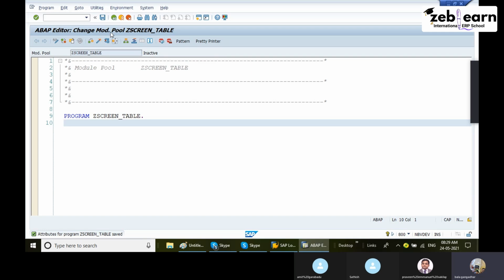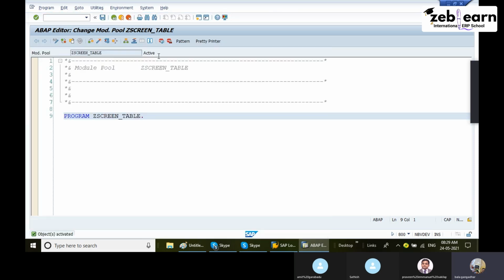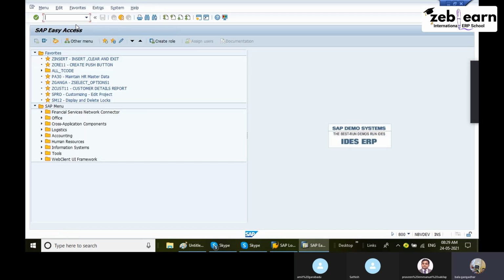Okay, first save it and activate it. Let's save and activate. Okay, now this is active. Come back, copy this program name, go to